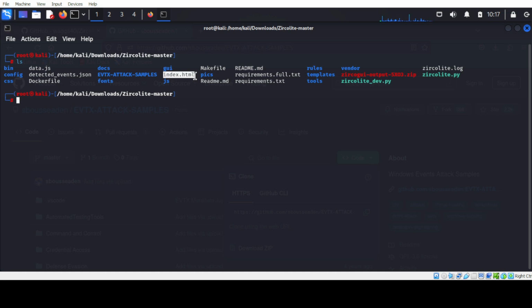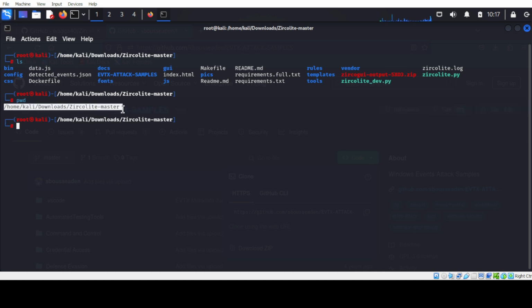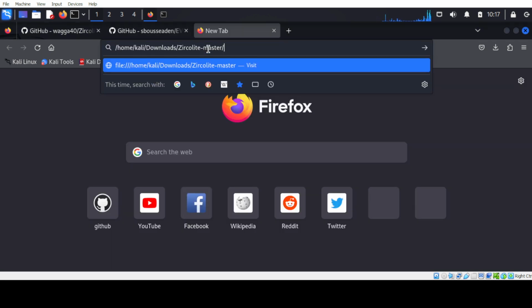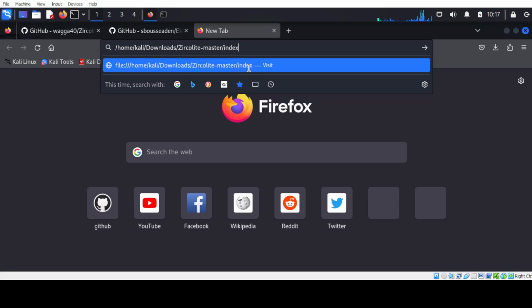This is the file from where we can access the output in my browser window. If I check my path, I copy the whole path from here, move to my browser window and type here index.html.